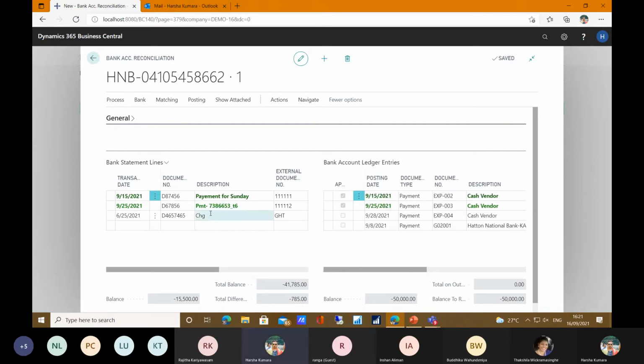And we can also see one more line on the left side, amounting to 785 rupees. That's called bank charges. As per the agenda, we can update the charges from the bank reconciliation, or even if you are using daily bank reconciliation, you can see the bank statement charge line.